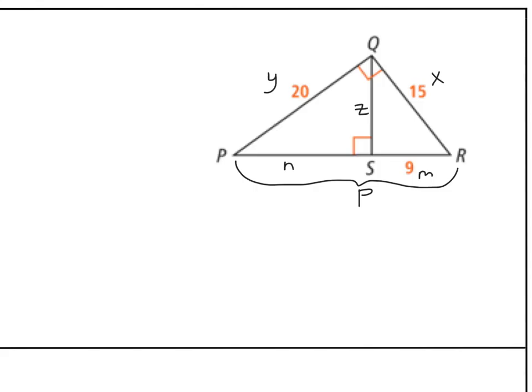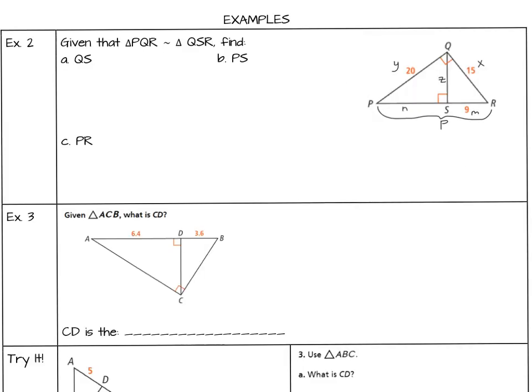All right, I'm going to zoom out and let's take a look at QS, PS, and PR. Let's start with segment QS. If we look at QS, that's the geometric mean right there. So we know that Z is connected to M and N on the picture, but we don't know what M and N equal. What I do notice is that side length is also a part of this triangle over here on the right-hand side, and that would be a right triangle. So if I draw that out,